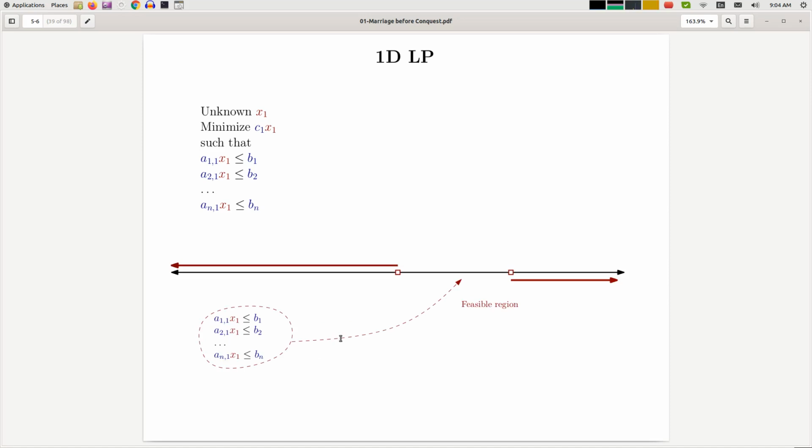So this can be solved by a simple loop where you find the minimum and maximum. We're going to do some in-class exercises with this so you can really understand it. But the algorithm is very simple. You just loop through these constraints and find the minimum and maximum of bi divided by ai1, taking into account the sign of ai1, and that is the one-dimensional